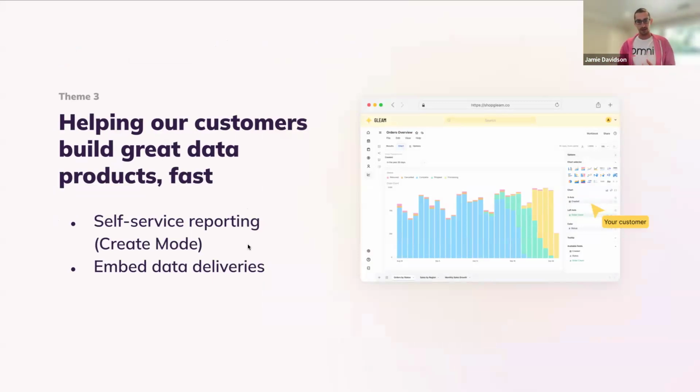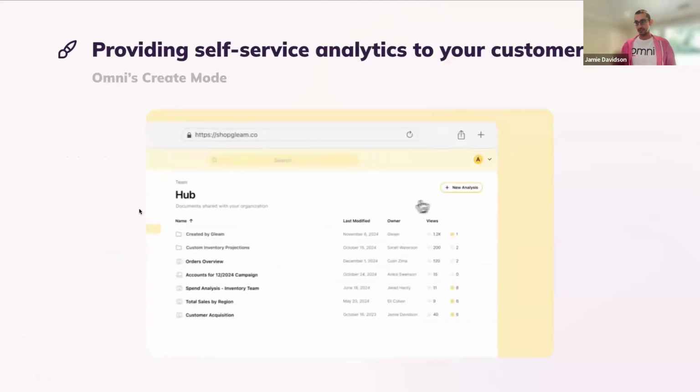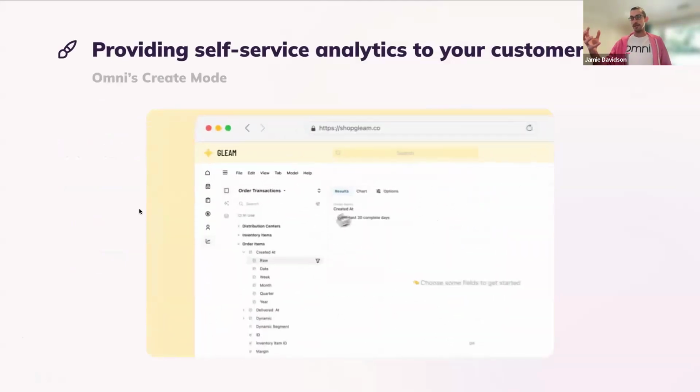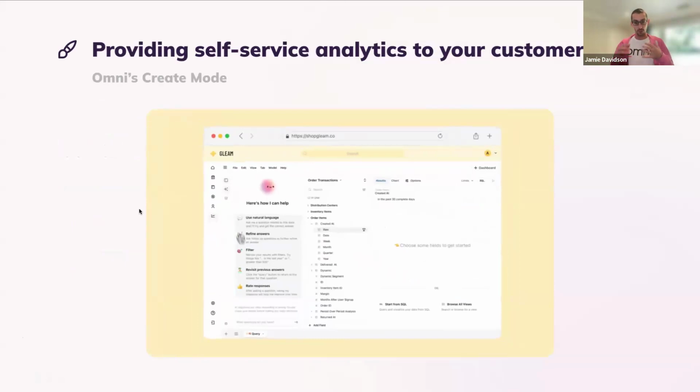It's really along the lines of how do we facilitate our customers to present their data to their customers in the simplest way too, and give them the ability to answer questions that they might have. So building the best, easiest, fastest kind of data product. We recently launched the ability to do self-serve analytics for your customers.